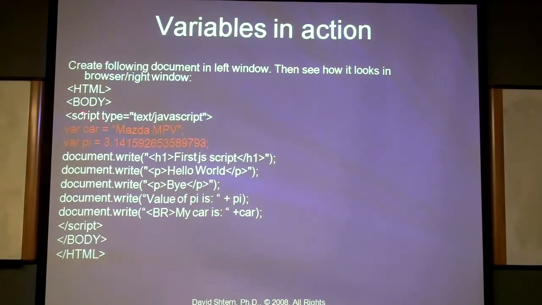And here, starting from this script, ending with this script, that will be completely JavaScript. No HTML here. Starting from here, ending here, that will be JavaScript. Outside of this script, we have standard HTML. So what you need to do, you need to go ahead and create this document, save it as HTML, and you should be able to open it in a browser. And then we'll walk over the code, see what it does, what it doesn't, and why it looks the way it is.